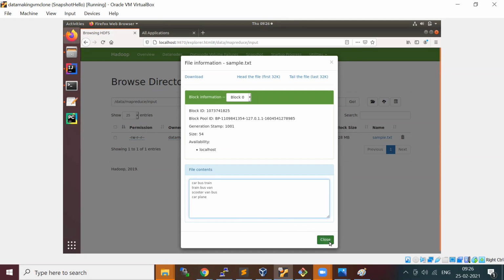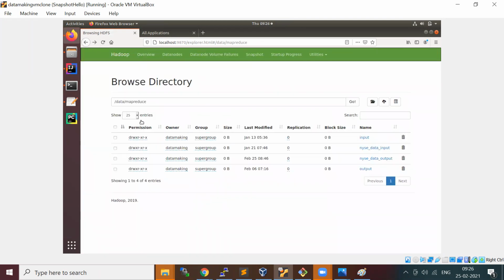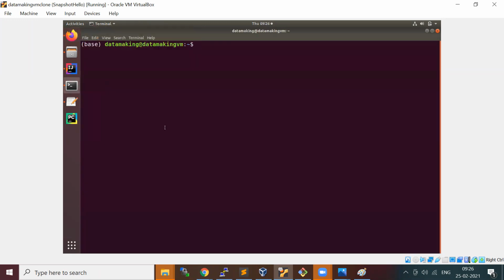We take this as input and run this program. I will remove the output directory with hdfs dfs -rm -r.